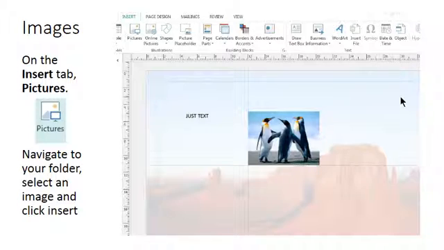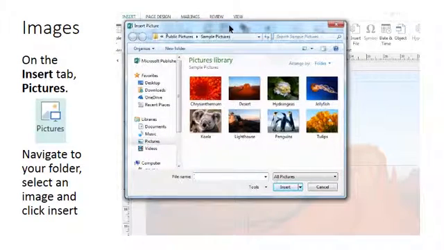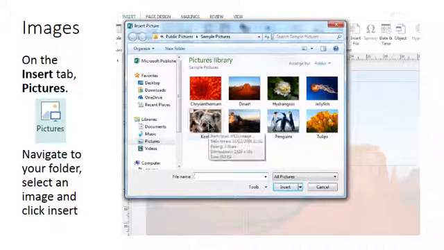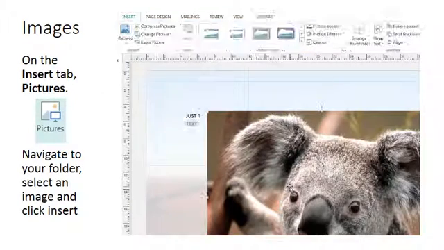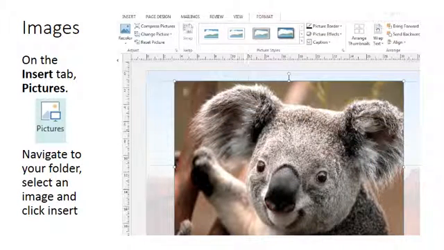To insert an image in your publication, on the Insert tab of the ribbon, look for Pictures and left click. Here I have my Insert Pictures window and the Sample Pictures folder. So I'm going to use the koala this time, so left click to select the image and left click Insert. Now the koala is pretty big, it's too big for my publication, so you can grab these handles, okay,